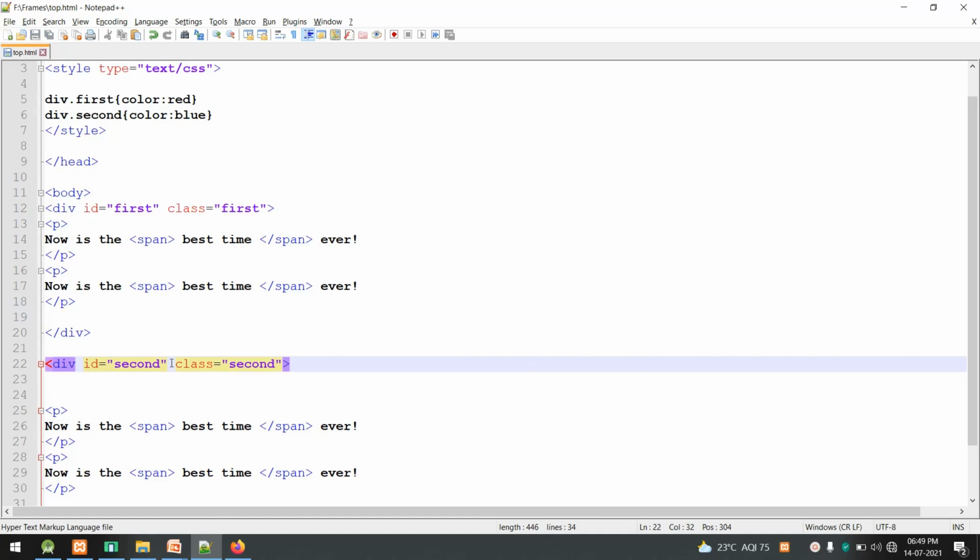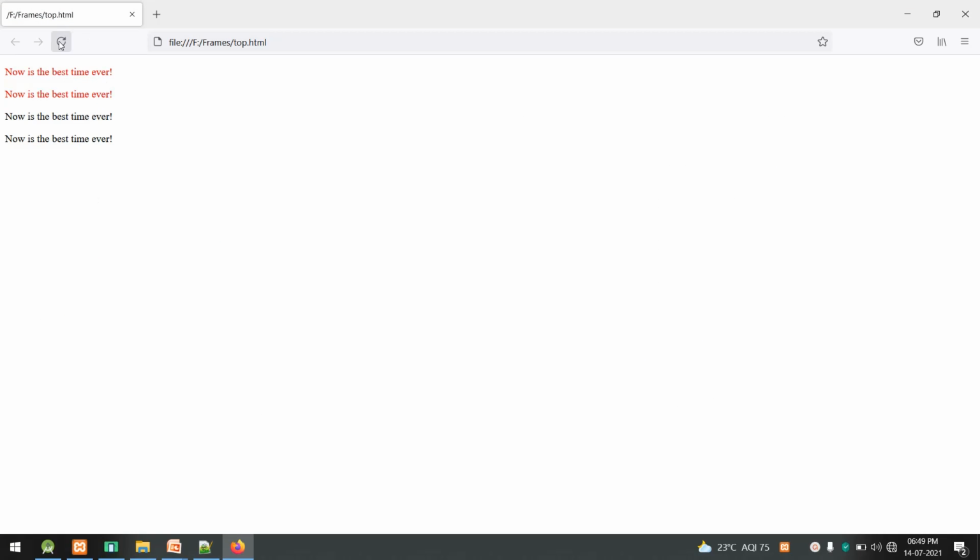Okay, so I'll save it. Let us refresh. Now you can see a different color has been applied to each set of paragraph tags. I have only given you an example of a color, but you can apply any different styles to the sections which have been created by using a division tag.